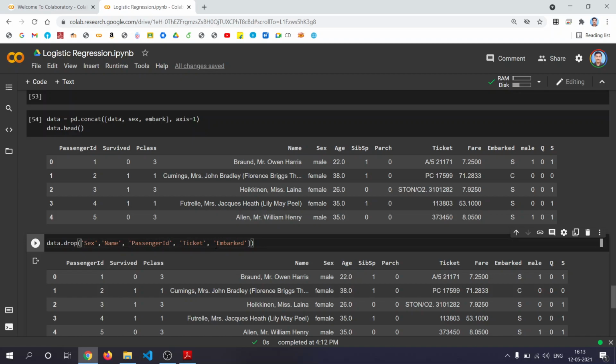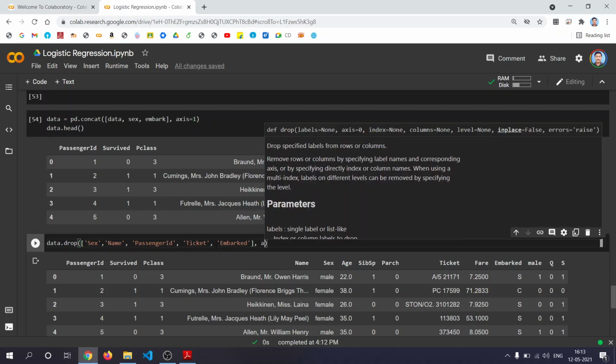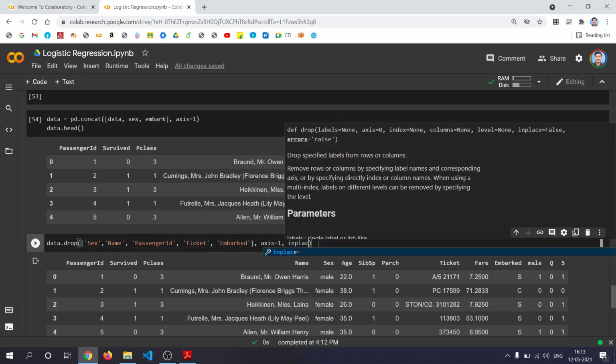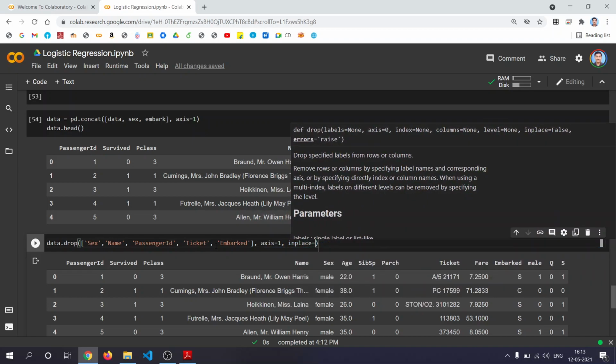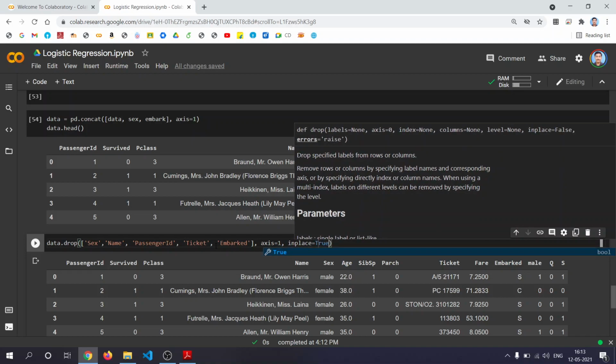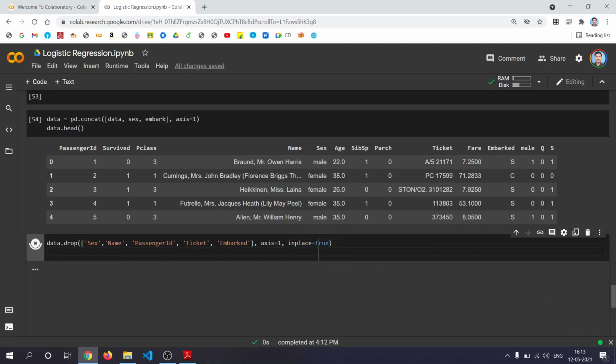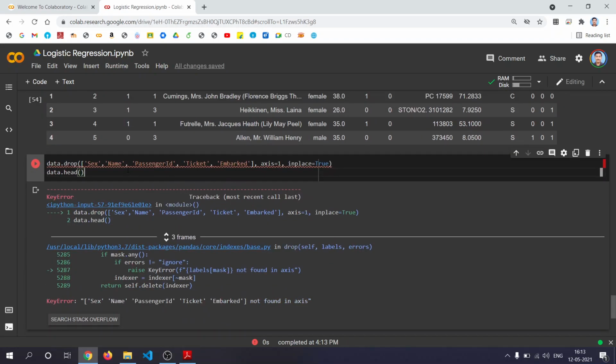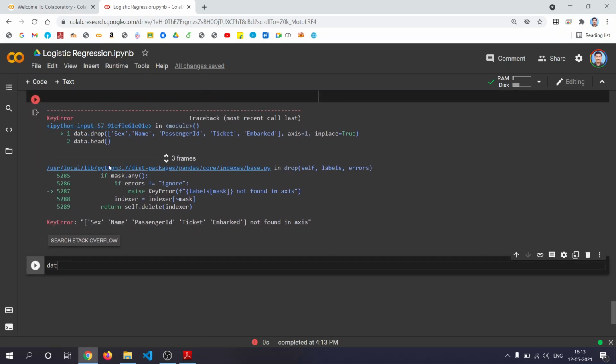You pass this as a list so that all these columns will be removed. Then axis equal to 1, inplace equal to True. Oh, sorry. I should write this in a separate cell so that data.head.